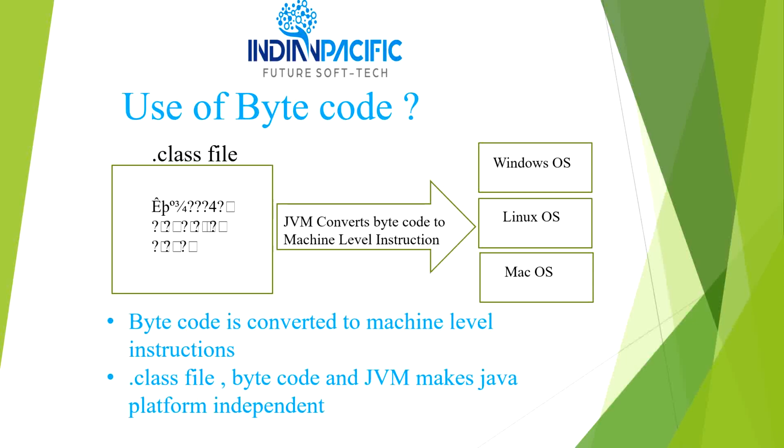Based on that instruction, the operating system and machine will run our program. So when we compile our program, it creates a class file. It contains the bytecodes. The JVM will convert these bytecodes to whatever the operating system needs, and explain to the operating system what it has to do. Then when we run our program on that particular operating system, the output will be the same among all operating systems. Okay, so this is the reason why the JVM is converting bytecodes to other machine level language.